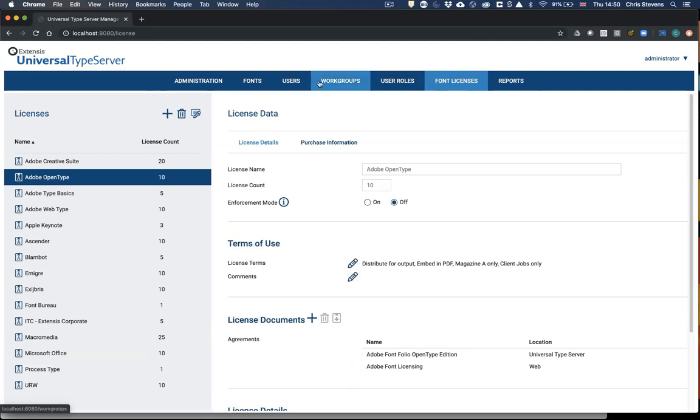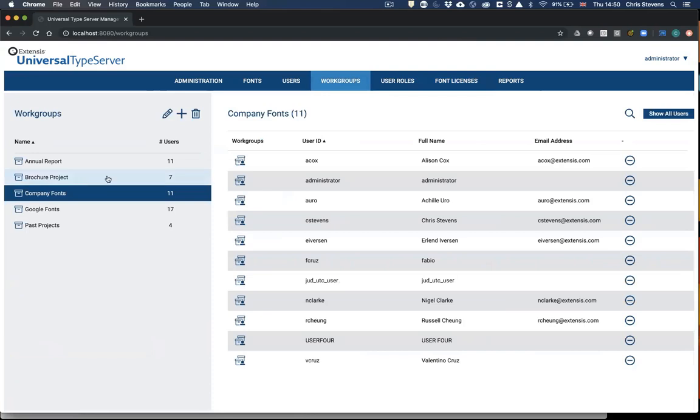they usually would say something along the lines of, if your work group, say company fonts here, has this many users in the work group, and you add the font to that work group, then you need to license for all of these users, regardless of whether at any moment in time, only 2 of them have turned the font on. If you're allowing that network connectivity to allow all 10 of them, I haven't actually counted, 11 users actually, to use the font at the same time, they would often say in the license, you need to license for 11